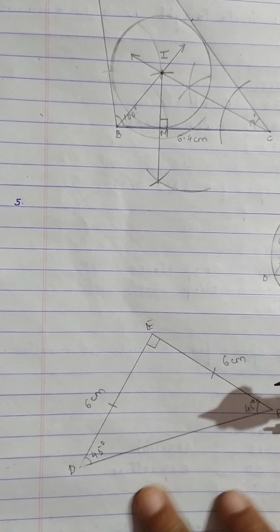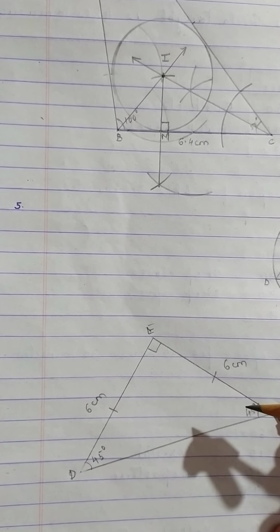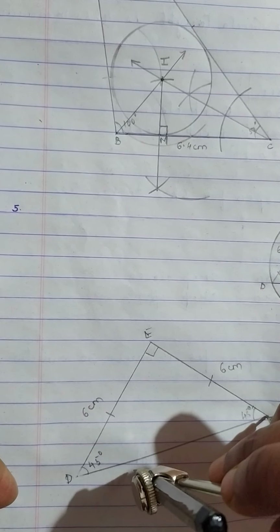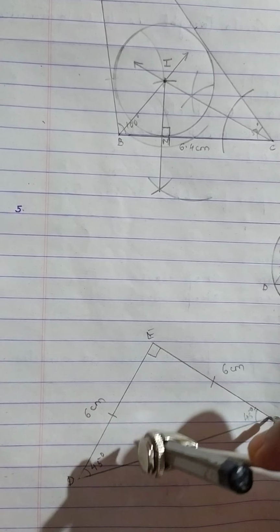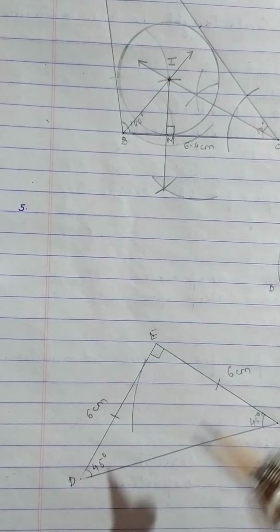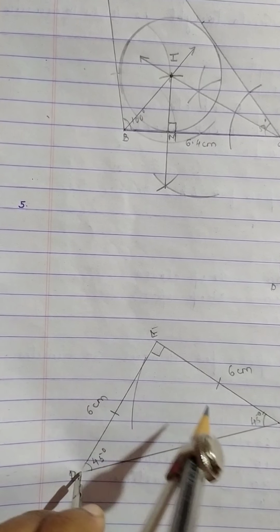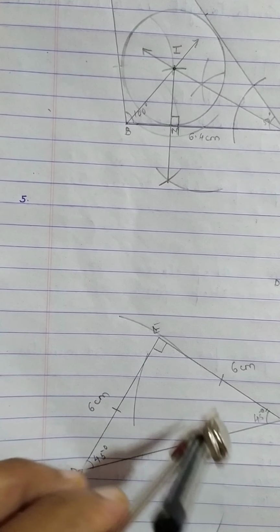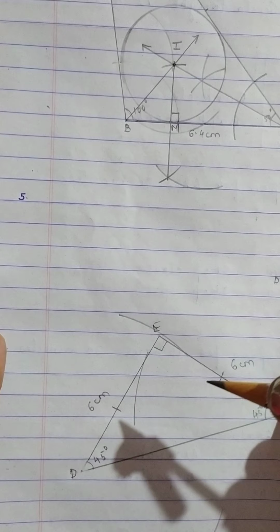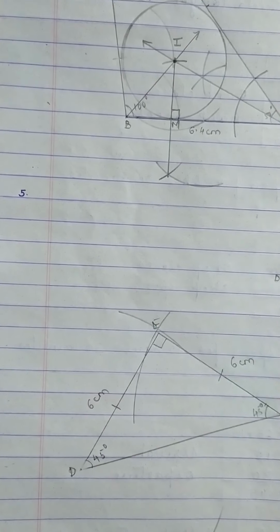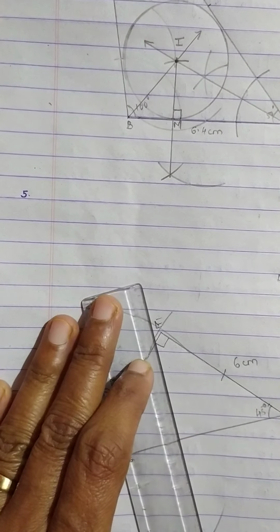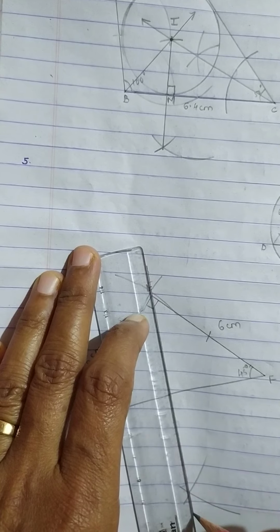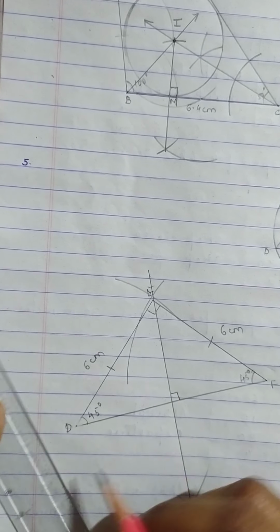So suppose I have to draw the perpendicular bisector of DF. What you need to do, keep your steel point at the point F. Take more than half the distance of this line. Cut an arc on top, cut an arc below. Same way, steel point at D, same measure, cut an arc here as well as below. Now these arcs are supposed to be meeting each other. If they do not, extend them so that they meet. Now you will draw the line which touches both these arcs. Okay, this is your perpendicular bisector of DF.